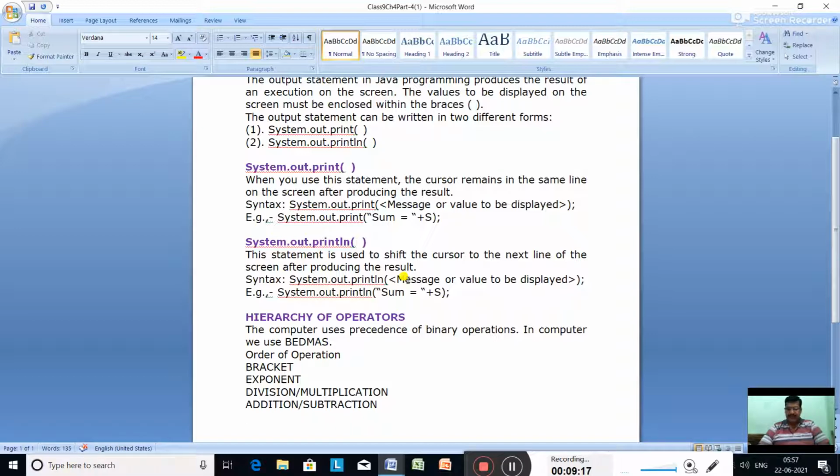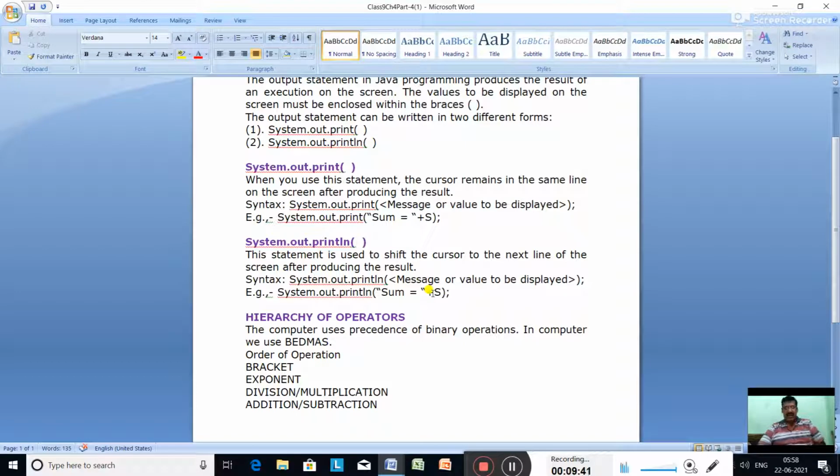Here the word ln along with System.out.print acts as a line feed. Ln means line feed, which will take the cursor to the next line. Because of this ln only, the line is changed. Its syntax is System.out.println and the message or value to be displayed. Example: System.out.println("sum = " + s).